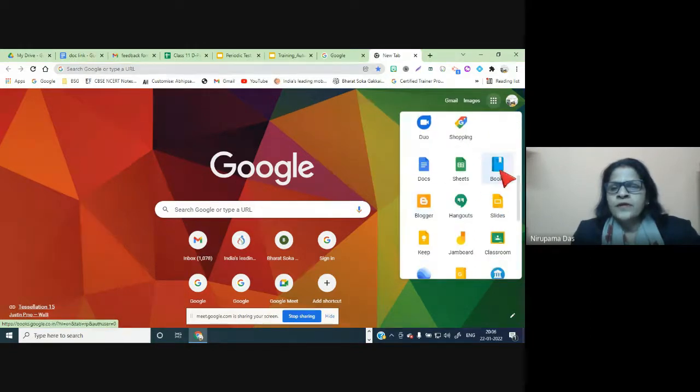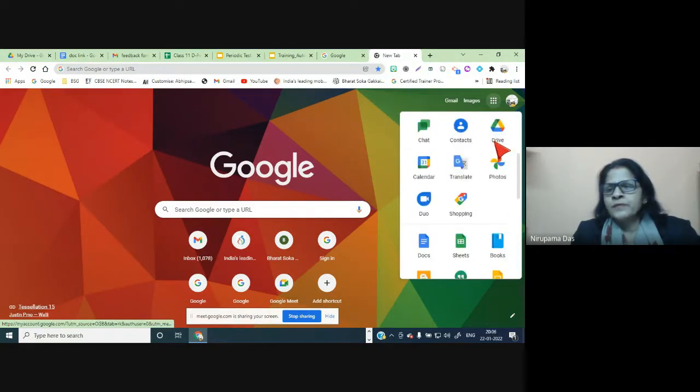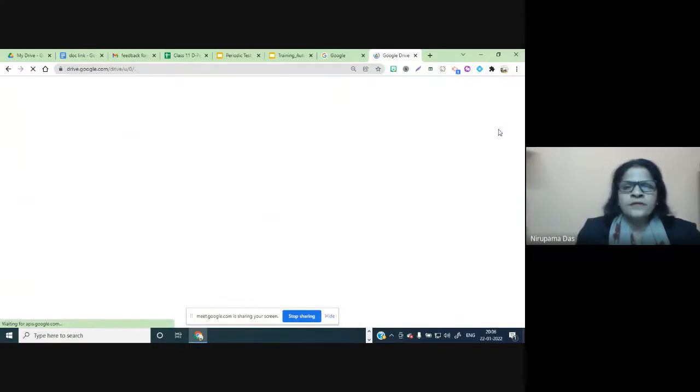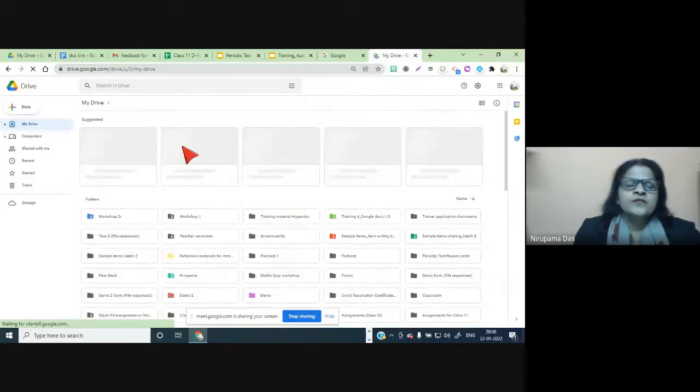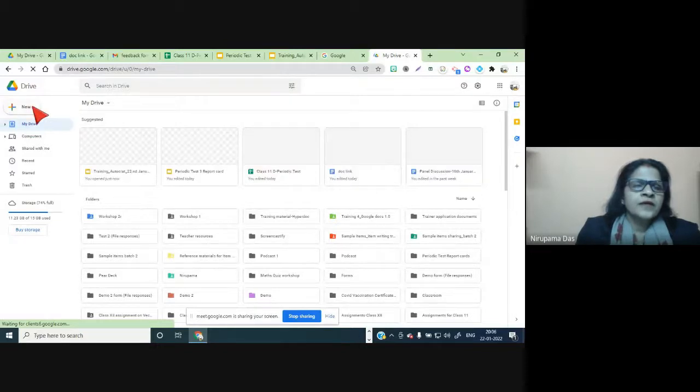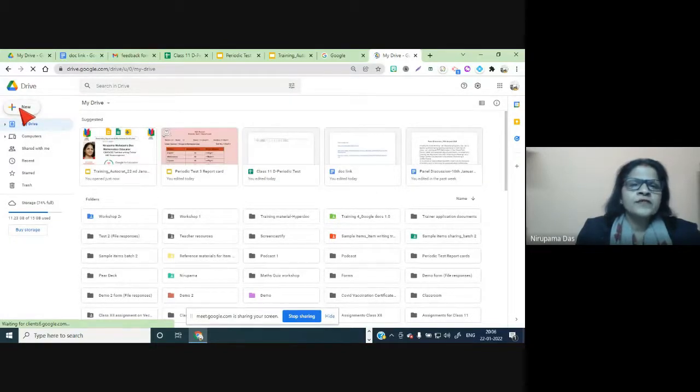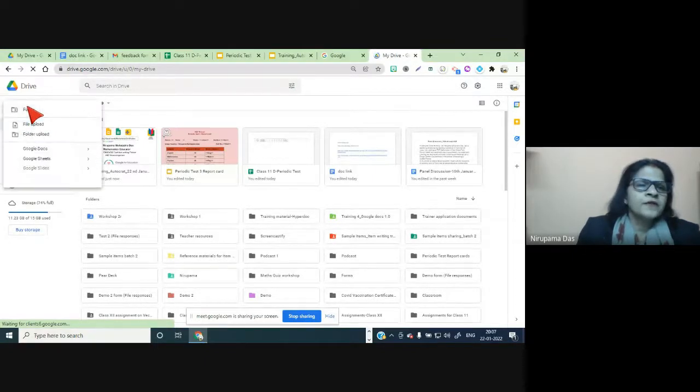Let me just go to Drive. Going to the Drive, next, whatever tool we want to open, whether it is spreadsheet or any other tool, so this is new, Google Sheets.